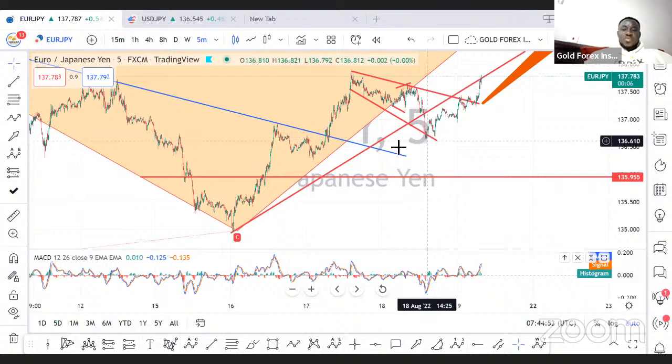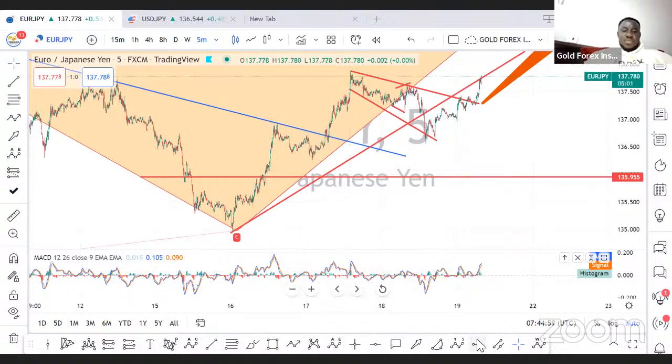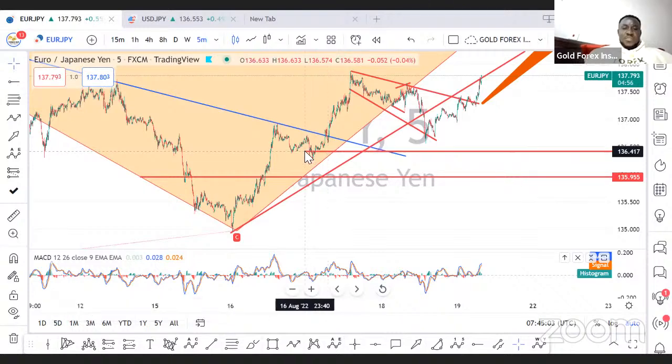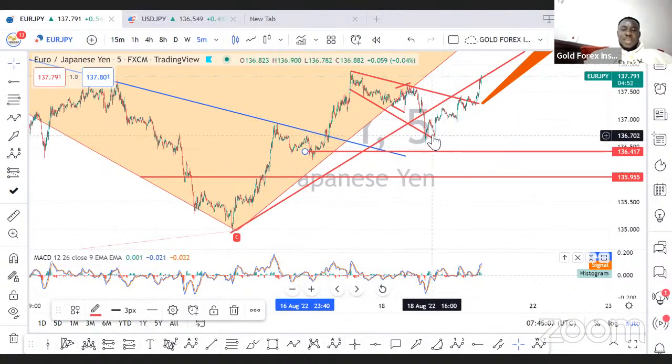Now, Euro JPY, unfortunately, this one, the pullback was so huge. Our stop loss was too close. It hit it, but I should have updated you guys to move the stop loss to maybe this zone, okay? Should have moved it to this zone because it formed an ABC zigzag correction, and I was not there to update it. So sorry, guys.